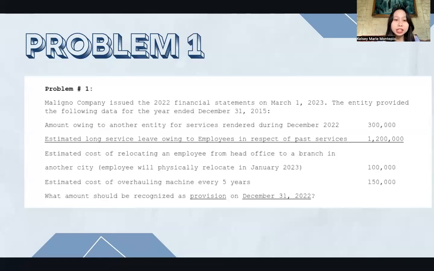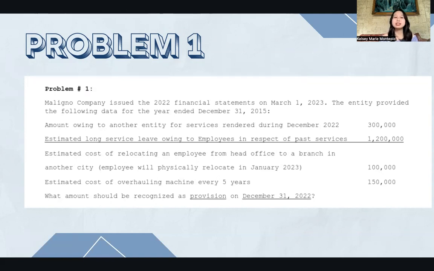Maligno Company issued the 2022 financial statements on March 1, 2023. The entity provided the following data for the year ended December 31, 2022. The amount owing to another entity for services rendered during December 2022 amounts to 300,000. Next, the estimated long service leave owing to employees in respect of past services is equivalent to